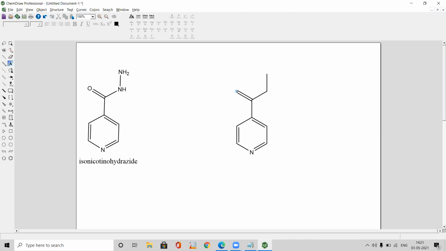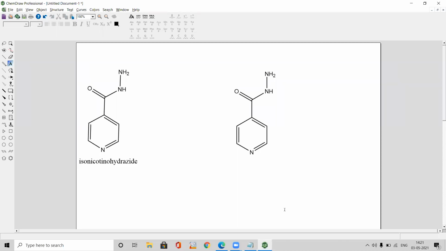Now click here on this double bond carbon, type oxygen O. Here type N and H, and here type NH2. So now the structure of isoniazid. We had drawn the structure of isoniazid. So this is the sequence that we need to follow.